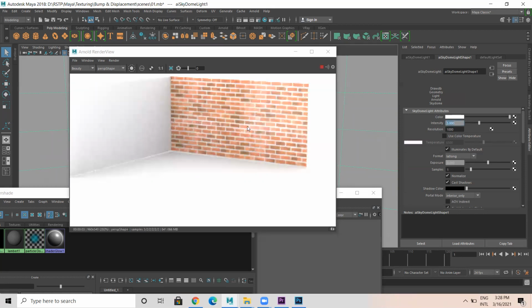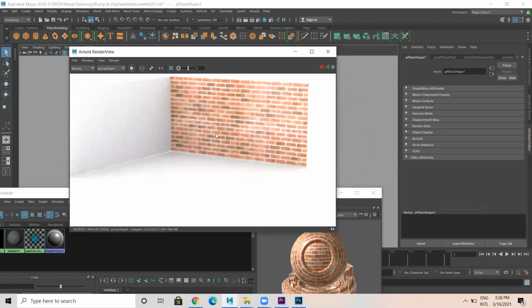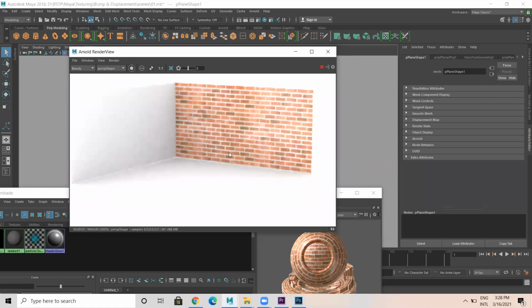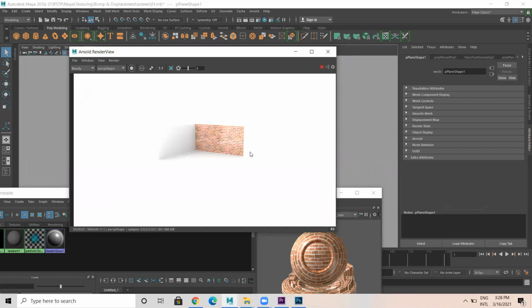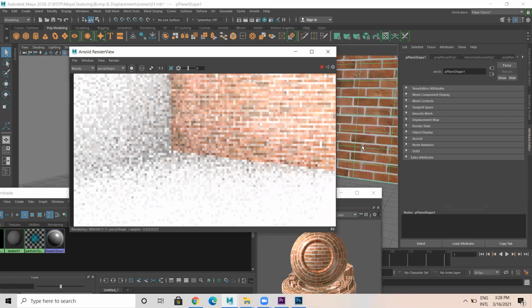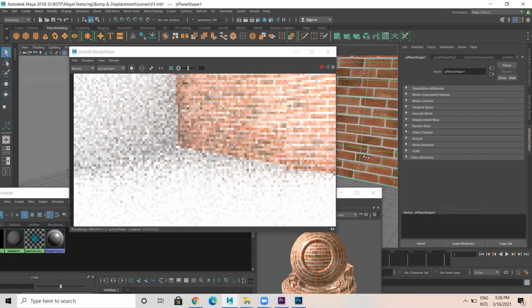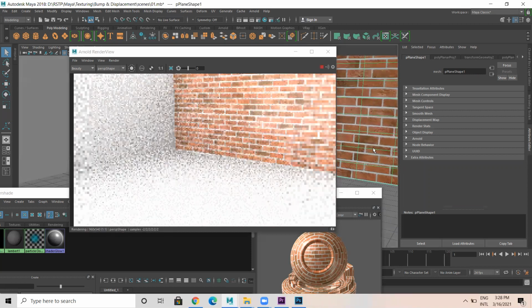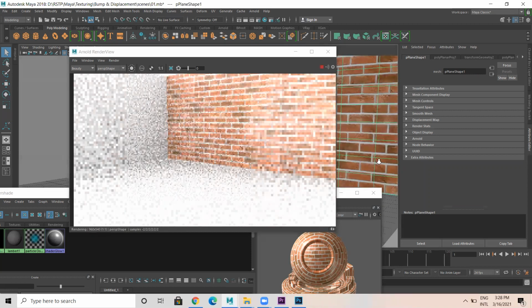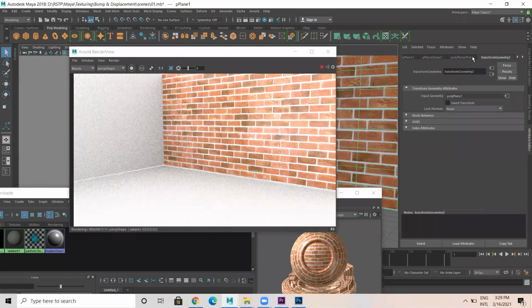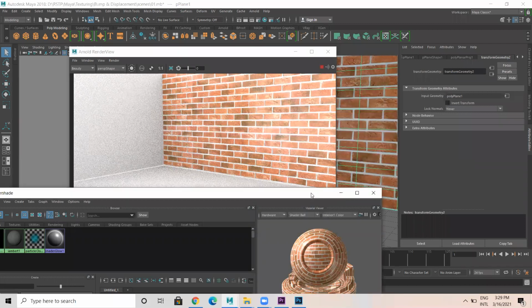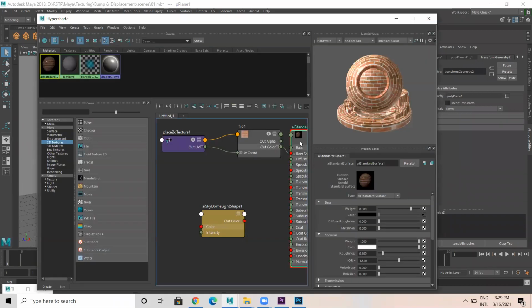And still for this, if you observe here, this particular material, means this texture, the shader we have applied is AI Standard Surface. This is what we have applied.